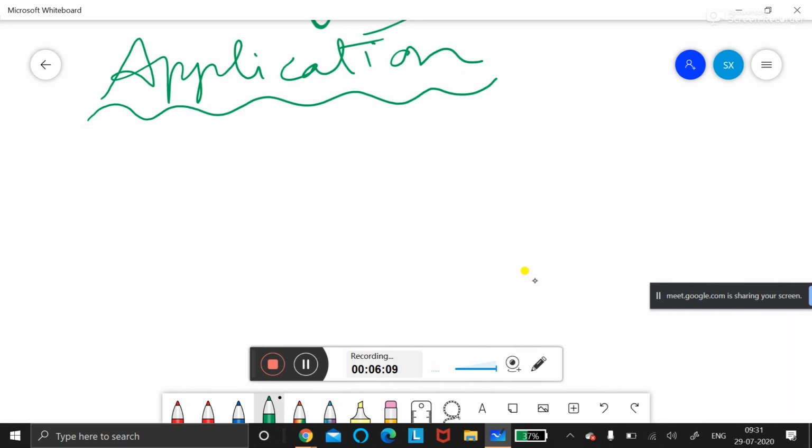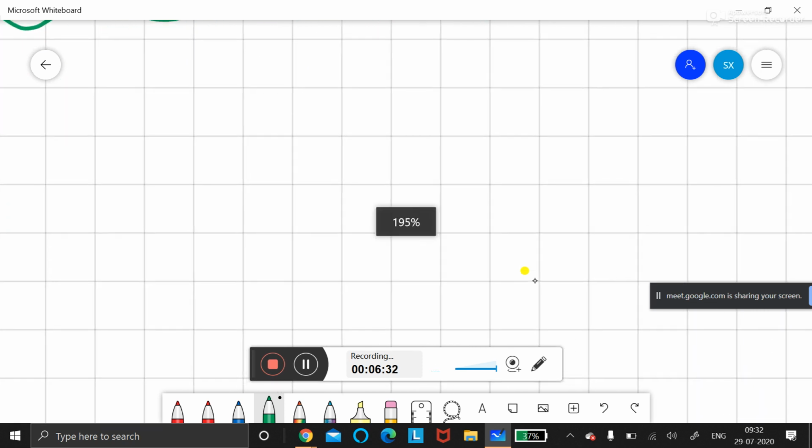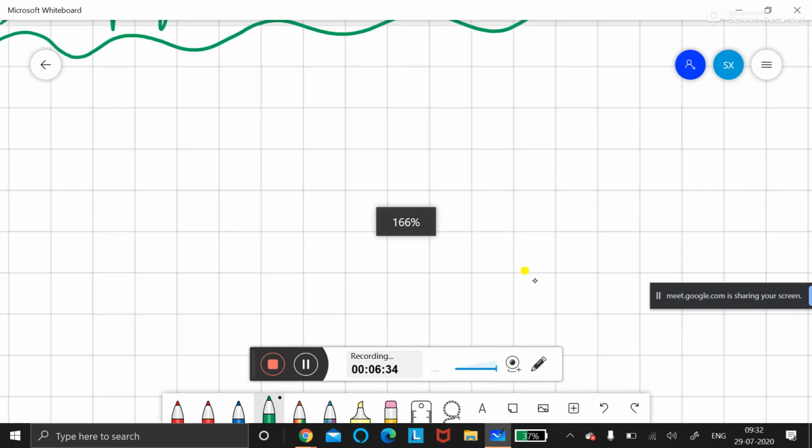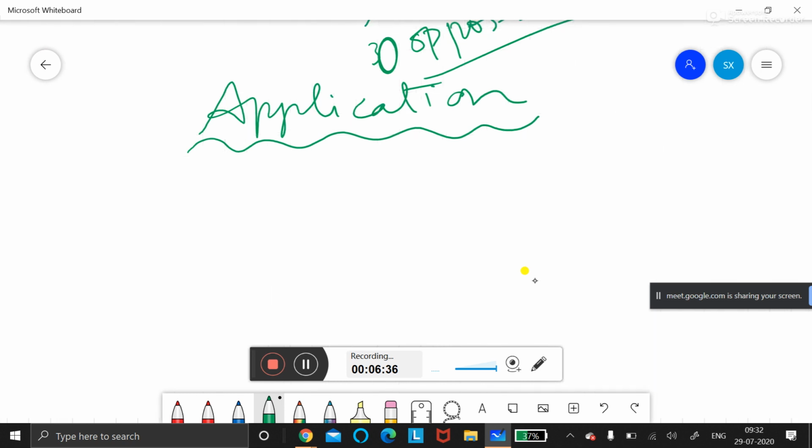application of friction. Without friction, you can't walk, children. You can't write on the board. See, this board is also slide. There will be friction between the surfaces. Otherwise, we can't write with pen and paper. We can't write anywhere. A little amount of friction will be available. Why did they create the whiteboard? In this whiteboard, friction will be there. If you go into detail, see, like these lines are given, some very minute friction will be there. Without that we can't write.